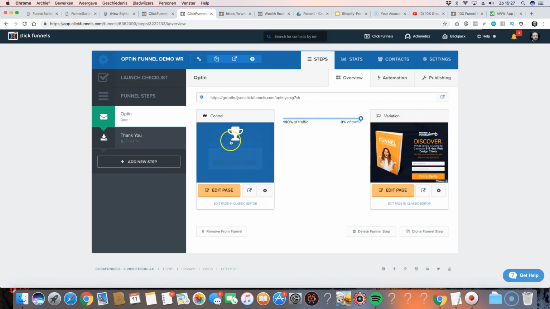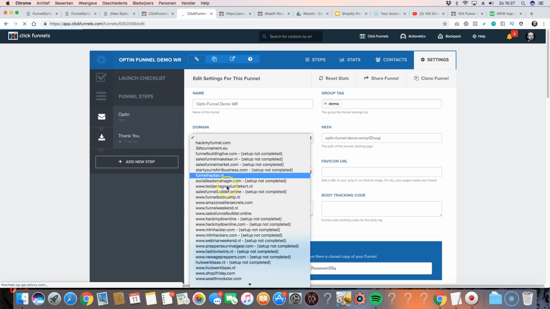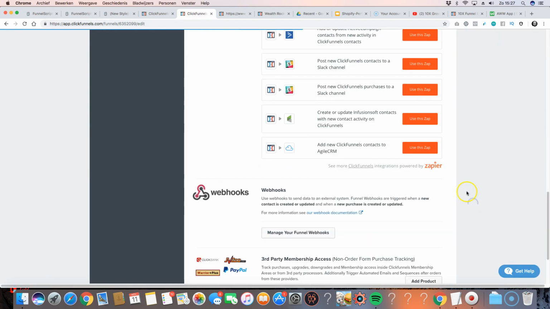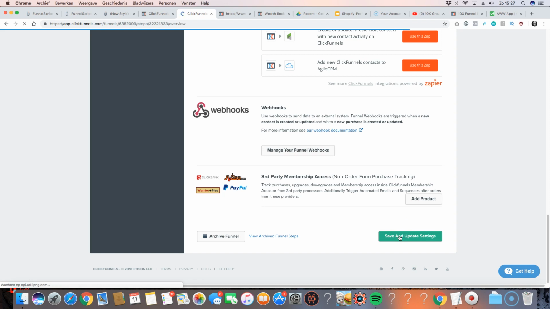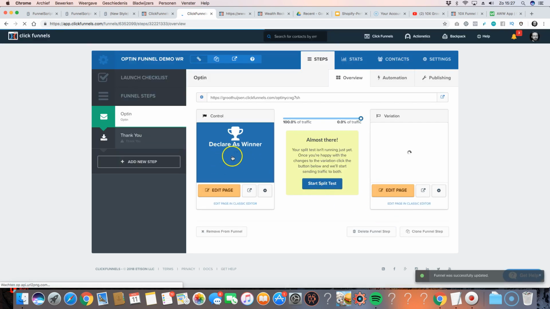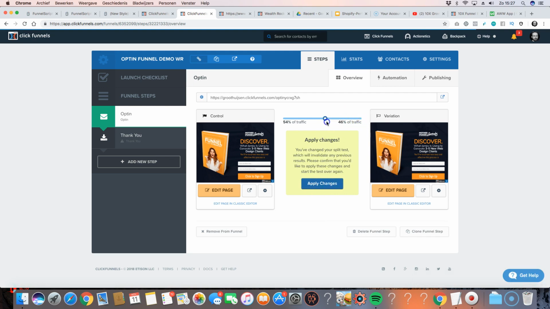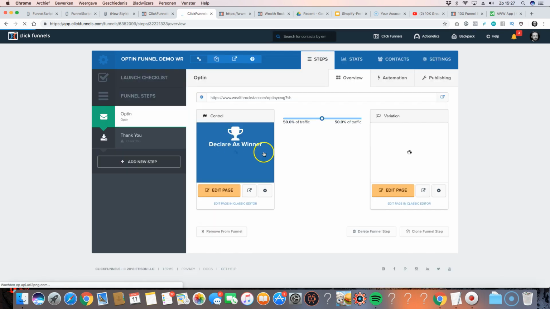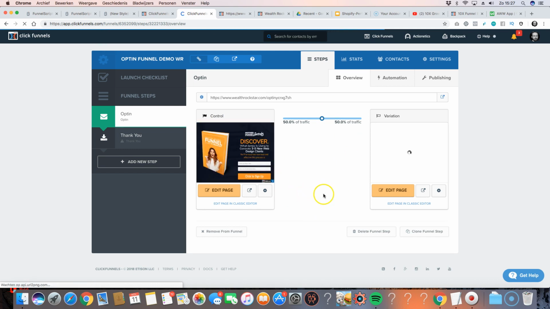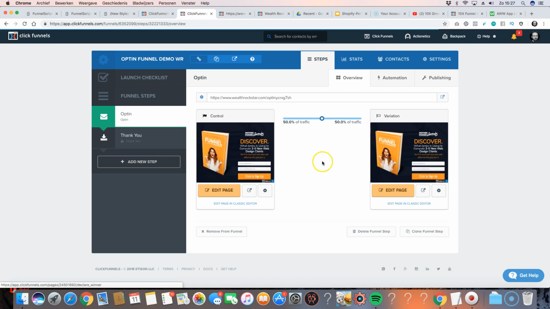I'll have to name it differently because I already used opt-in. So let me just select the domain and then go all the way down and hit save. Really important, that's what I forgot, and that's why this page wasn't showing up as it was. See, delete. So now by saying you start the split test, you give 50% of the traffic to this page and 50% to this page. You hit apply, it's applying changes, and now you can instantly test what headline or what change you made will convert better. And then after that you can say this one is the winner,